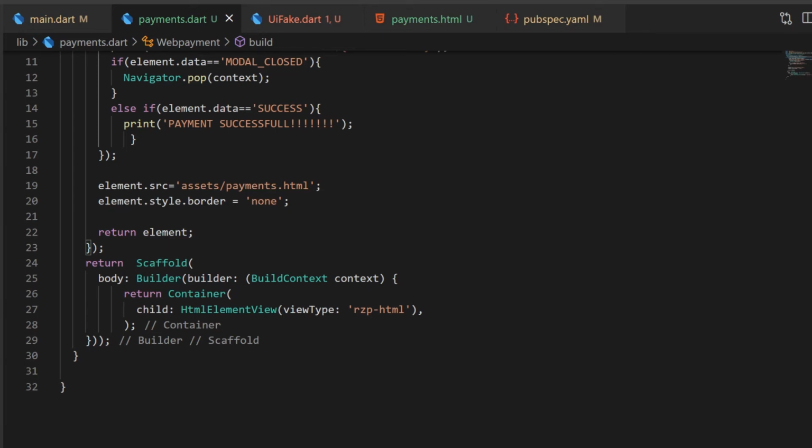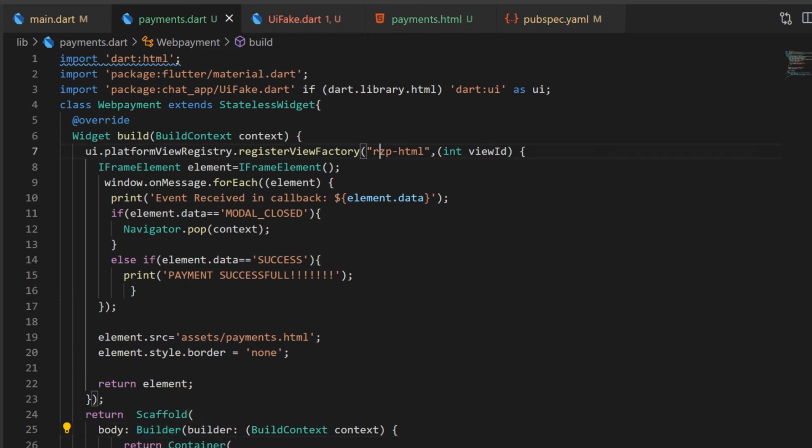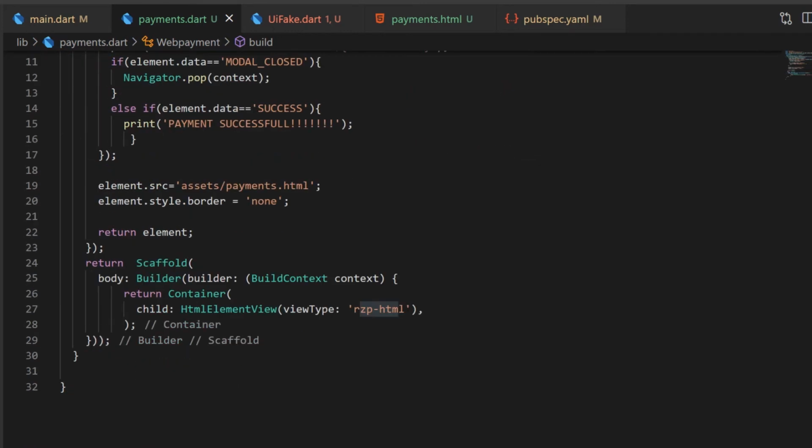Don't miss this, try to use builder. It will help in building your html, and that is the rjp.html, the same one you have registered. You have to put it here, and that is element.source. This is the main thing that we are going to use here. In element.source, we will pass all those things.